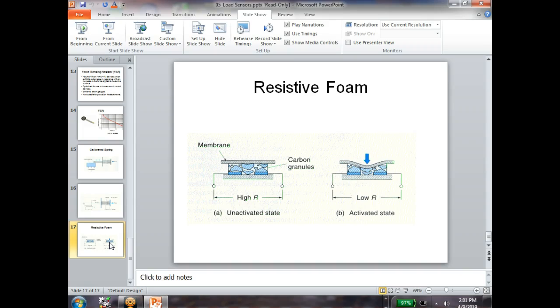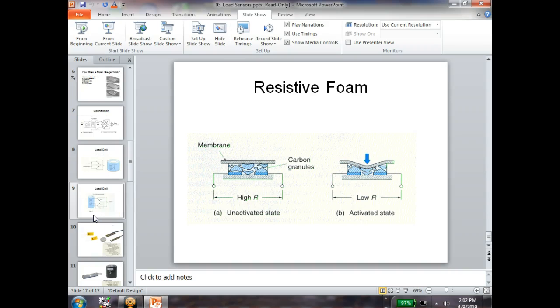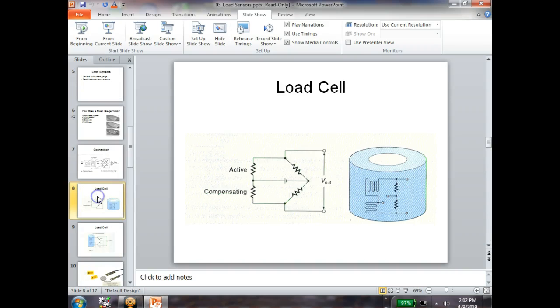Hey, Rick, can you go back up to where, so that when we do that, it's not like those